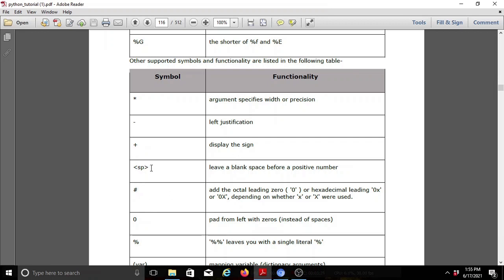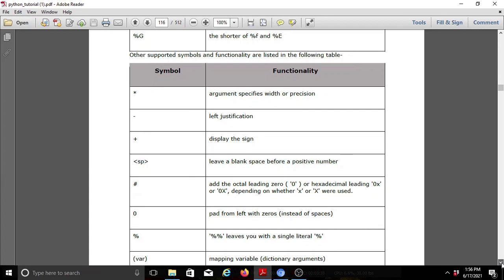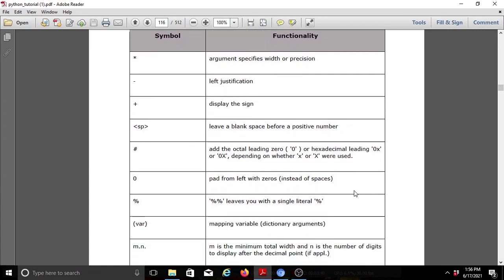Next is the space, which leaves a blank space before a positive number. The hash represents the leading zero of the hexadecimal heading. The zero character pads from the left with zeros. And the percent leaves a single literal percent.